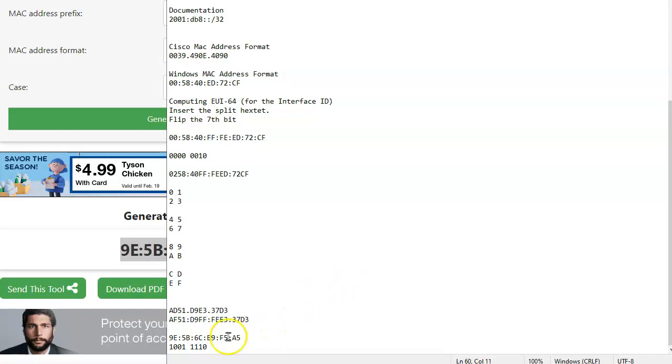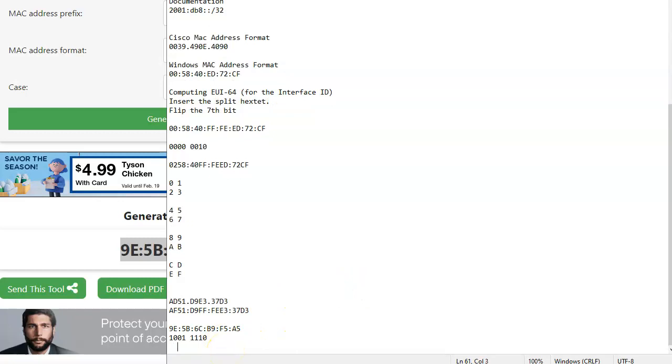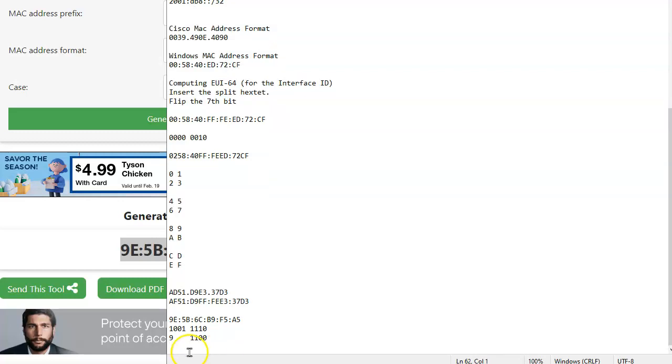Okay, now when I take this 7th bit, my first one's going to stay the same. It's going to be a 9. I'm going to flip my 7th bit, and I'm going to get an 1100. Okay, it's 1100, which is really a 12. In the case of that being a 12, that is a C.